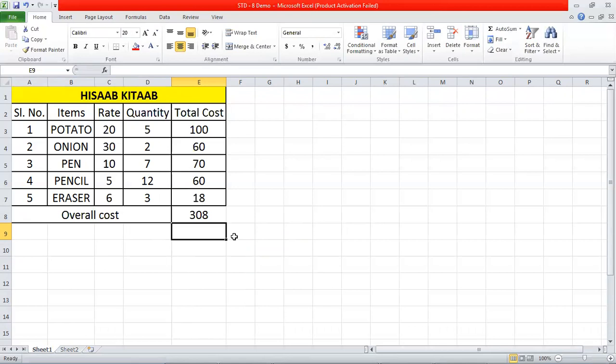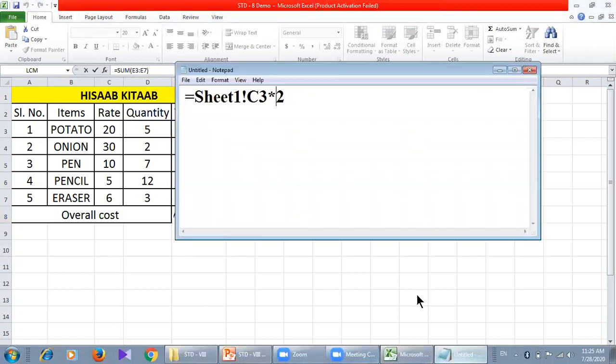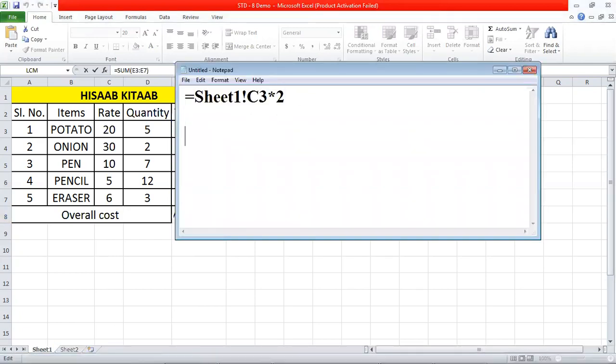Either you can write is equal to E3 plus E4 plus E5 plus E6 plus E7, or directly you can use this formula. Which formula? Is equal to SUM E3 to E7. So this is the formula which I wrote. Is equal to SUM, from where to where? So what is this?